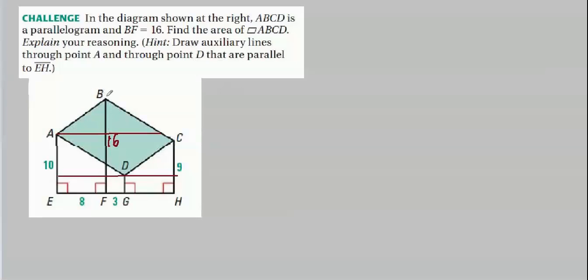First thing you're going to do, and you might have spotted this because of the way they drew it, we're going to find the area of this whole thing, the shaded and unshaded sections, and then we're going to subtract out the unshaded parts.